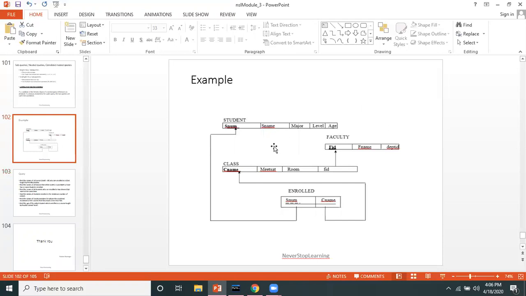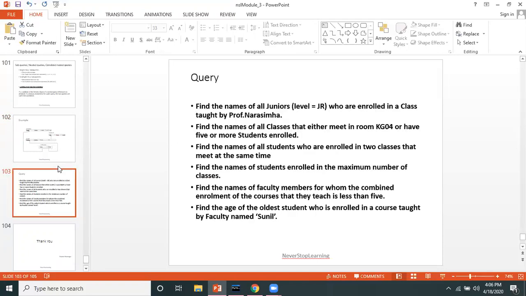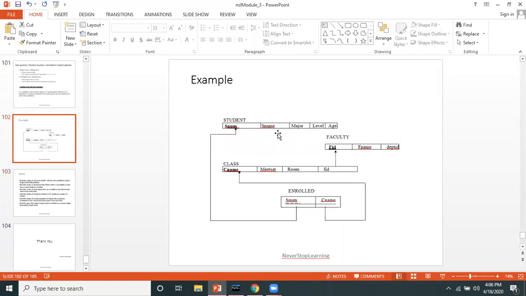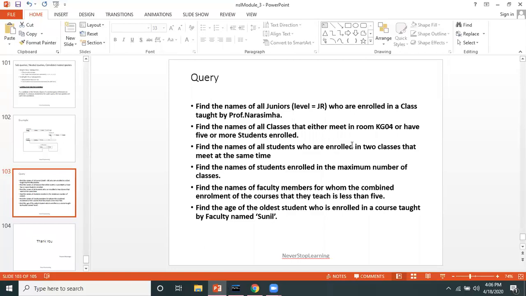But if you can see the schema, find the names of all juniors, means I'm talking about this student table. I want to fetch this sname. Here if you can see snum, who is enrolled for the class of Professor Narsimha.